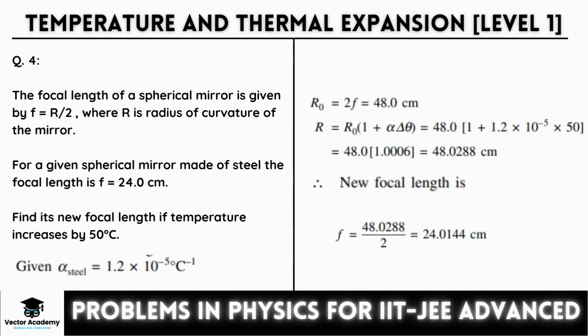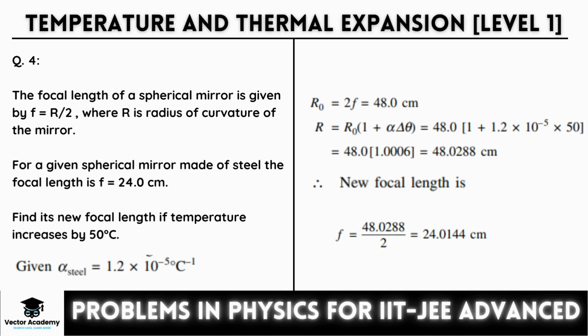R initial equals 2 multiplied by focal length, which gives 48.0 centimeters. R final equals R initial multiplied by 1 plus thermal expansion coefficient into change in temperature equals 48.0 multiplied by